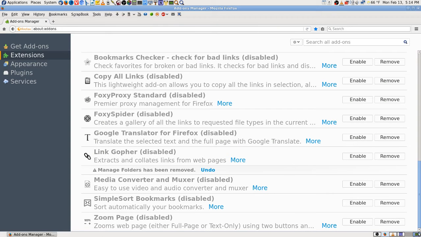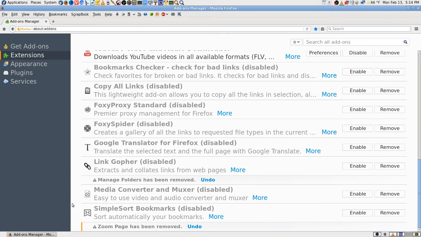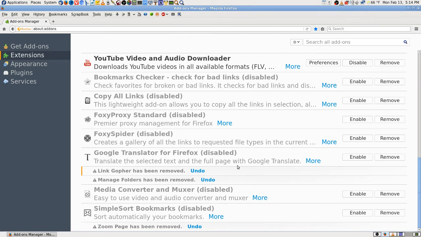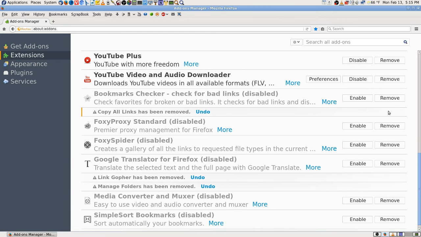I'm going to close it because it still uses quite a bit of resources. So I don't want the Zoom page anymore. I'll get it while I realize what I want and what I don't. I better get rid of some of these. Yeah, Link Gopher wasn't good for anything for me. Copy all links didn't really do what I thought it might do. It just didn't turn out to be something. Bookmarks checker can be useful, but it will take a long time